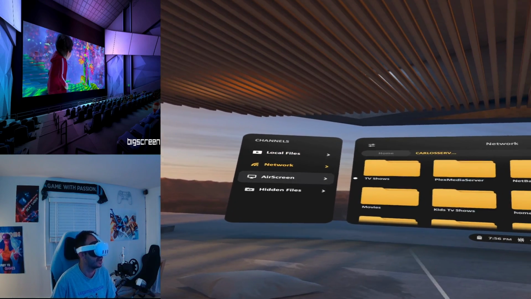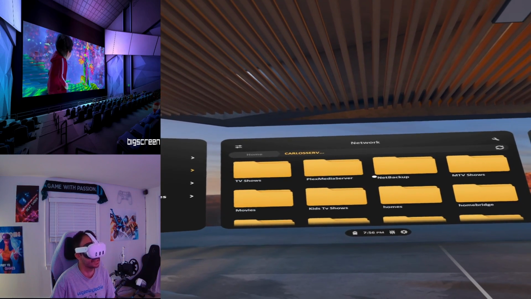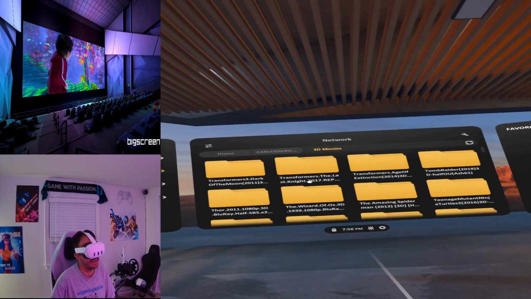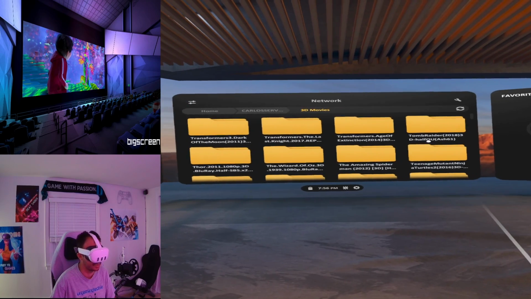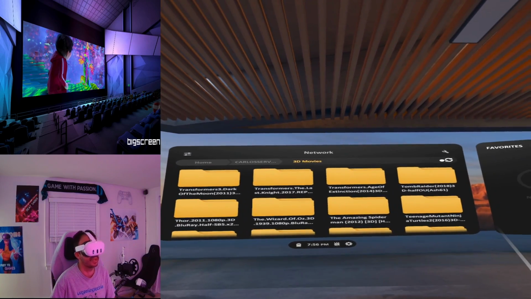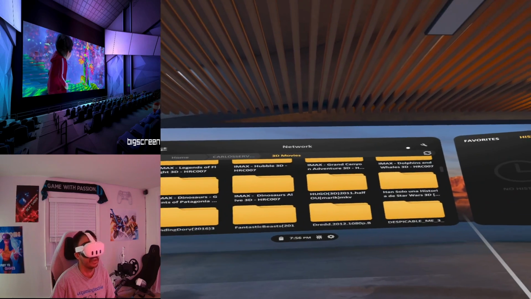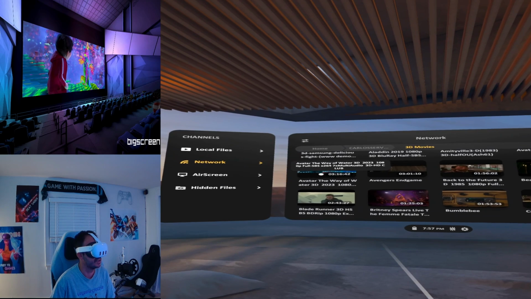But for example, on my network here, I logged into my server, and I have a bunch of different stuff here that I've backed up and watched, and more importantly, 3D movies. I have a bunch of 3D movies downstairs that I showed off my collection of before, and after I get my 3D movies, I rip them and put them on here so I can access them anywhere I want. So this is where I have all my stuff. For example, this is the new Avatar movie, Way of the Water, that I ripped recently.